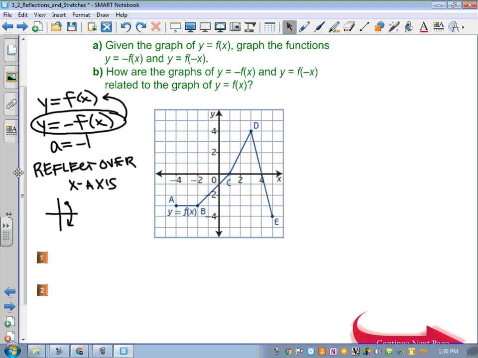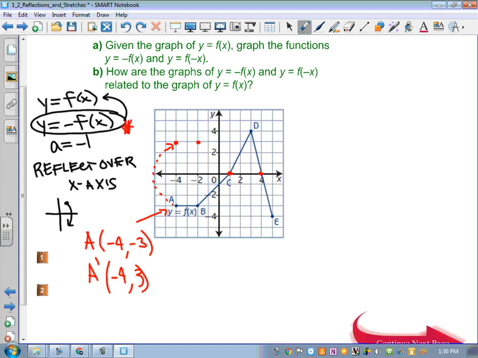Now I'm going to do that one in red, just so we can talk about both at the same time. And what that's going to look like is any point that has a y value of 0 is going to be invariant. And that invariant really just means that the point doesn't vary, it doesn't change. The other coordinates, I'm simply going to take their value, their coordinate, and multiply the y by -1. So point A here, and I'll write it down here, the point A is at -4 comma -3. When I do the reflection, I'm going to call that A prime, it's going to be at -4 comma +3. So it's just going to reflect, and I'll draw a dotted line here, across the x-axis,